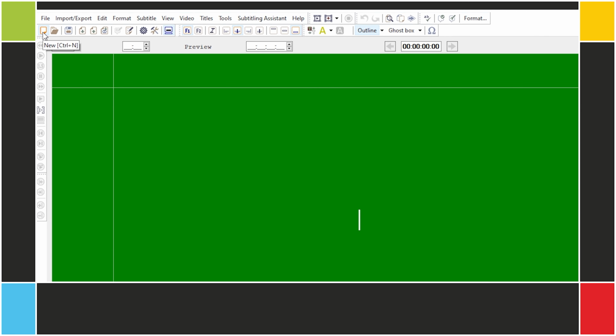From a project file, you can export subtitles files in a number of formats without losing your original settings. In addition, you can use the project file to store information that's crucial to you, such as revisions and comments, but that shouldn't make its way to the end product. Let's start by clicking on New.